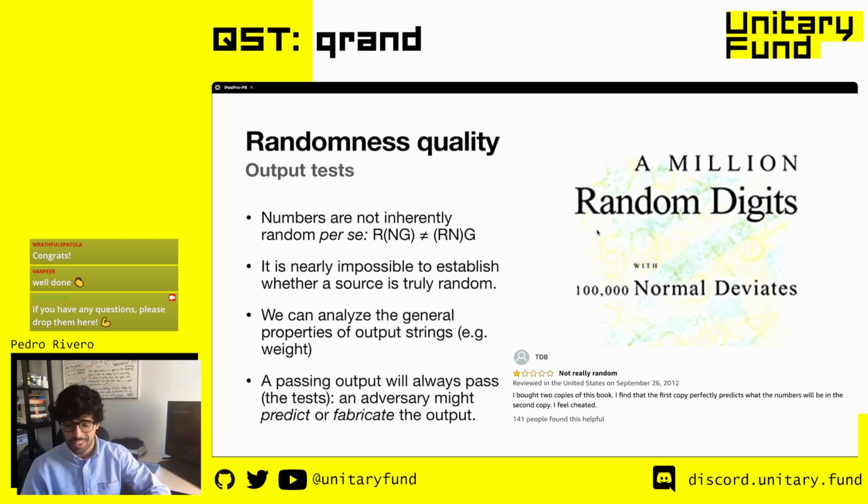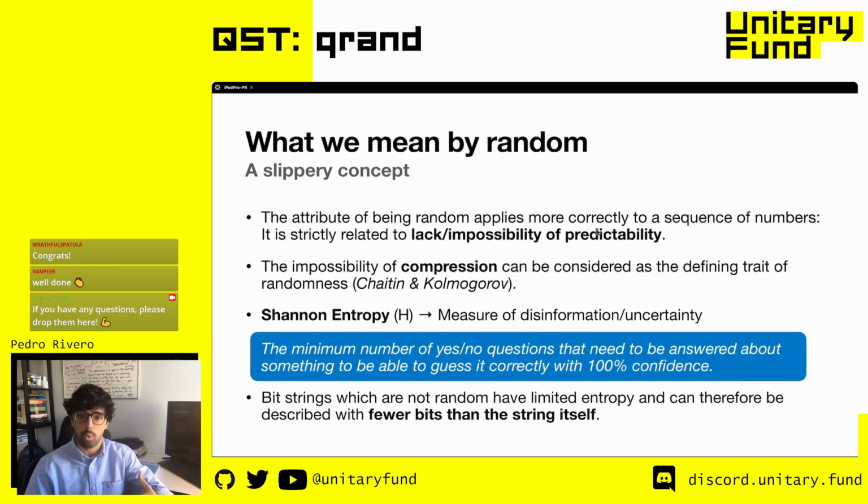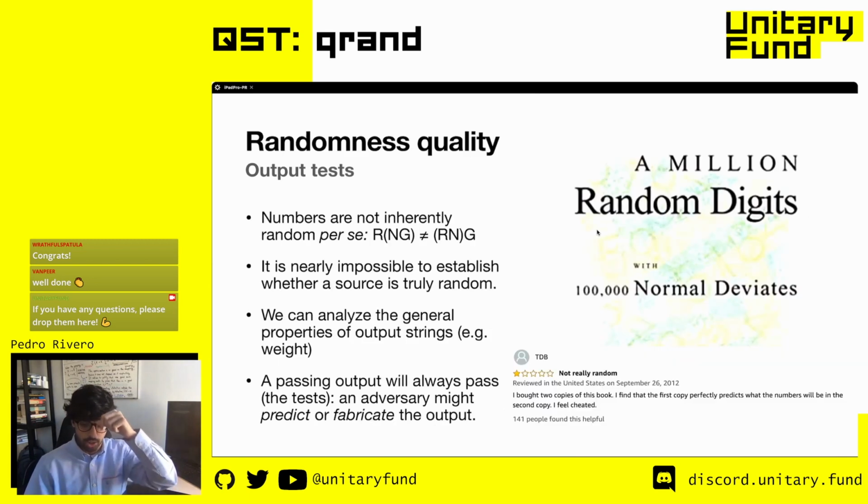No, that's fine. You can just use the definition that I just gave, which is to count how many yes or no questions you need to be able to guess the string perfectly. If you have 2 questions for that, then it's a 2-bit entropy for whatever you have. It can be a huge sentence, or it can just be 2 bits. That's how you measure randomness and entropy, basically. All right. So coming back to this,